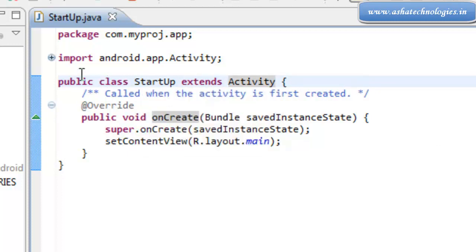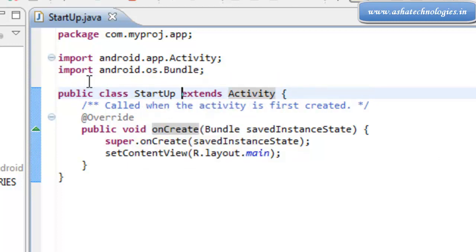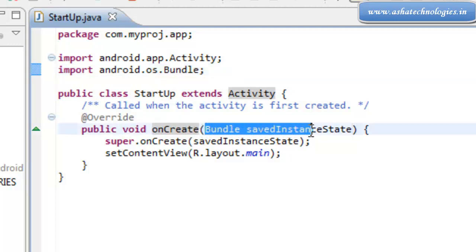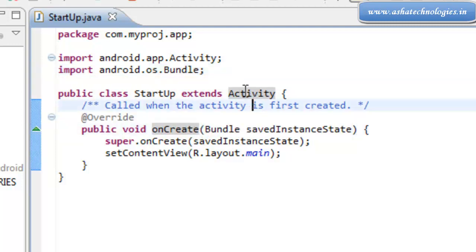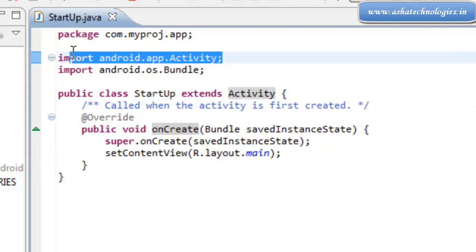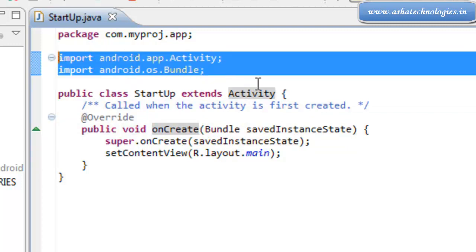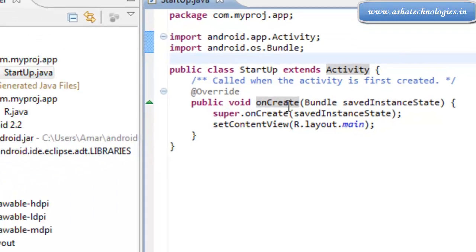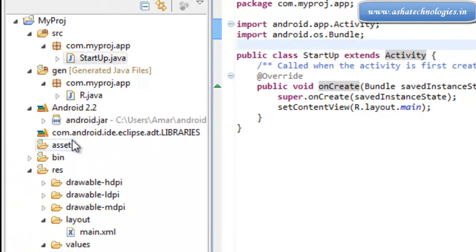Over here we import several packages. One is android.app.Activity, another is android.os.Bundle. This Bundle is required for the onCreate method, and Activity is used over here. These are called Android APIs, and they are available to us because of the